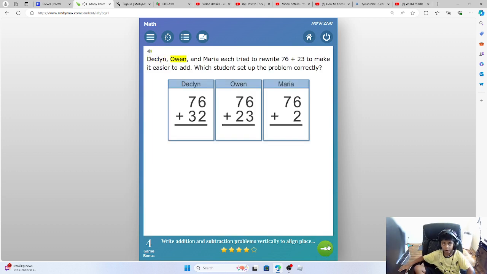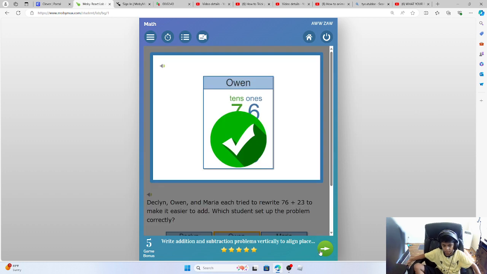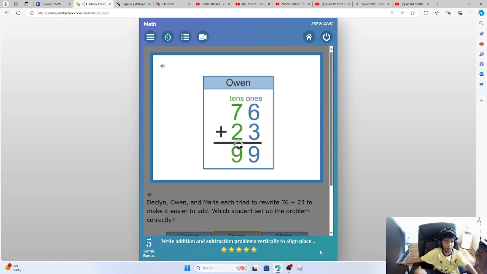Next. Declan, Owen, and Maria each tried to rewrite 76 plus 23 to make it easier to add. Which student set up the problem correctly? This one. When adding vertically,